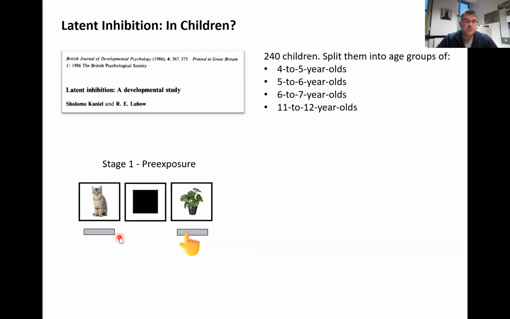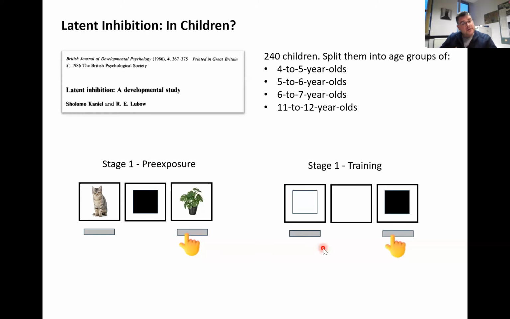And these pictures were flanked by the pre-exposed stimulus. So you'd have an animal sometimes on the left and sometimes on the right, same with the plants. And what participants had to do is simply press the space bar, the button that was underneath the plant. But the manipulation of interest was the pre-exposure to the black square, because in a subsequent second stage of